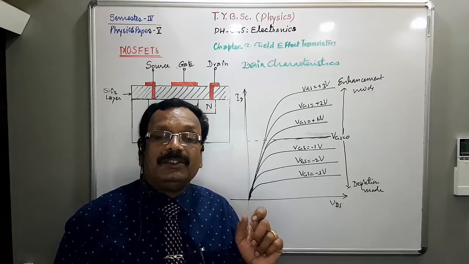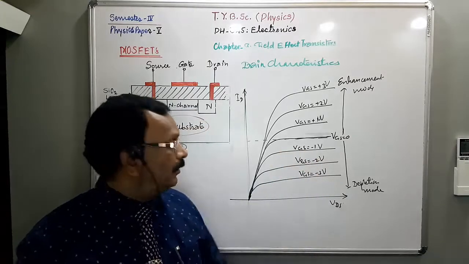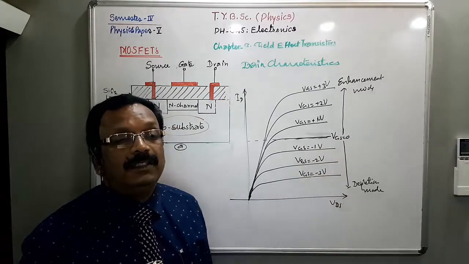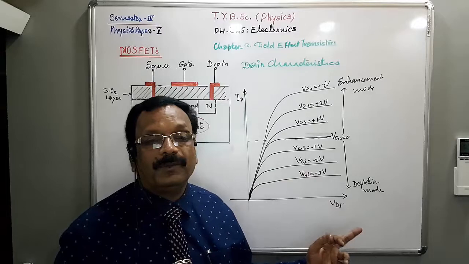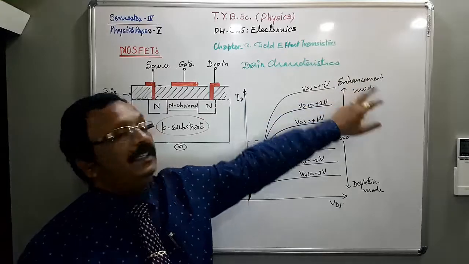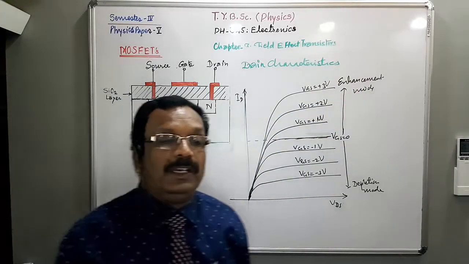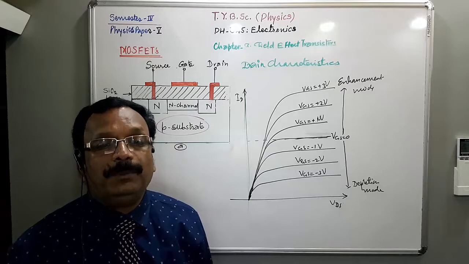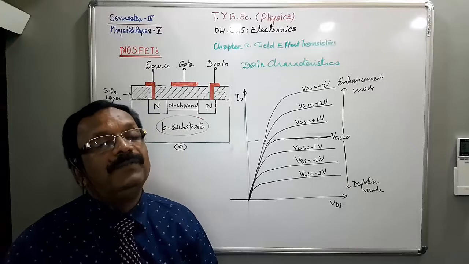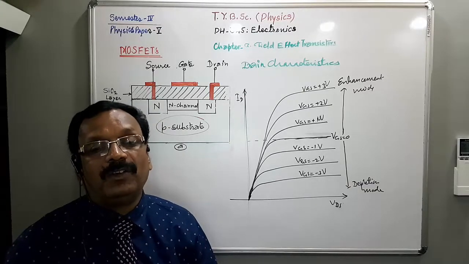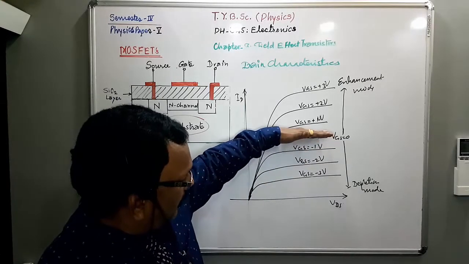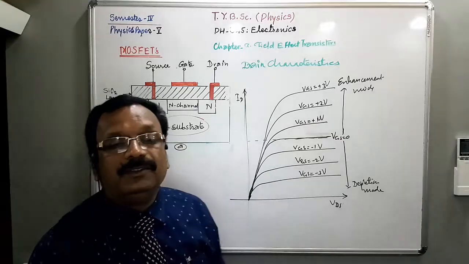When the voltage VGS is between 0 and negative, the MOSFET operates in depletion mode. And when the voltage is 0 and positive, then the MOSFET operates in enhancement mode. It may be noted that the drain characteristics of depletion type MOSFET are similar to that of JFET. The only difference is that JFET does not operate for positive values. Only this portion is valid for JFET. Okay.